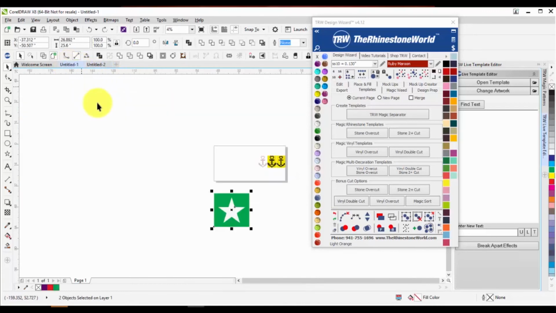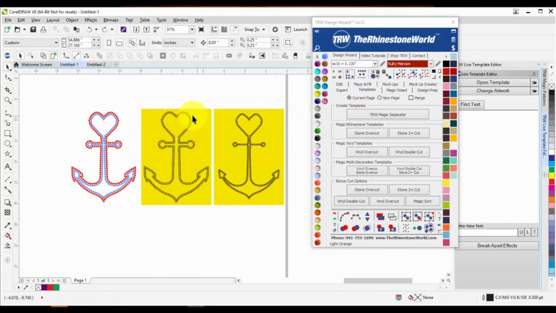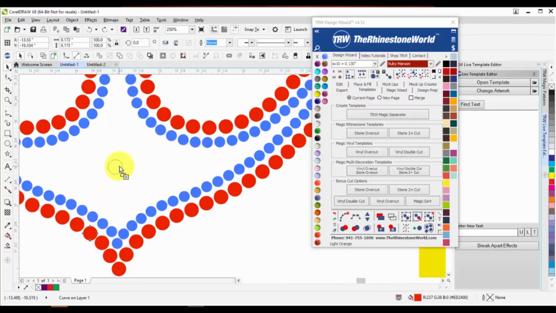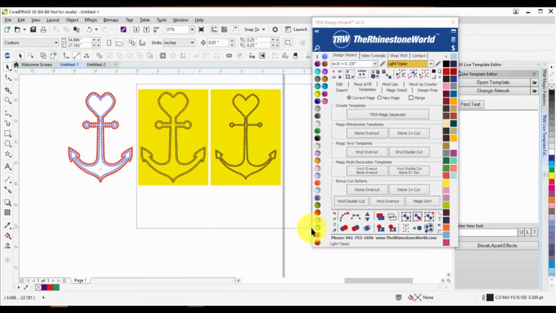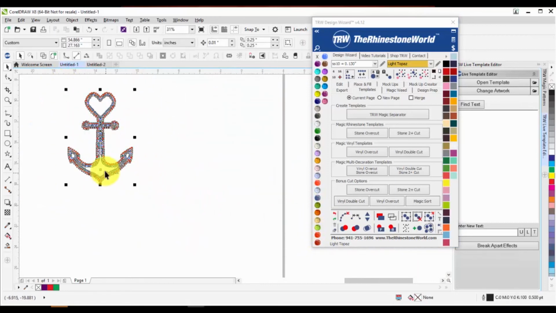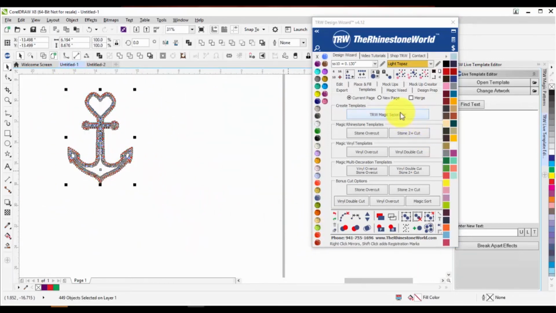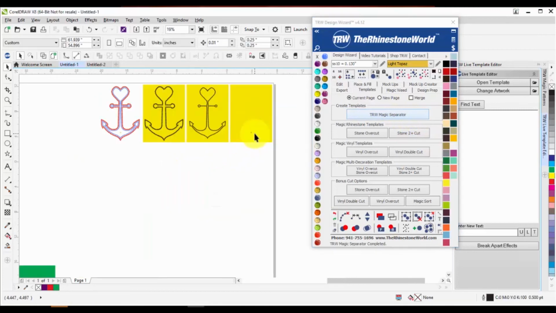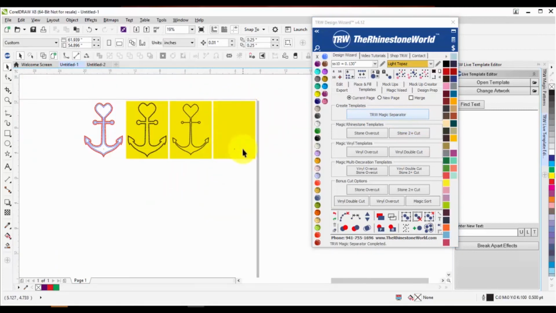So with our rhinestones, no matter what, those boxes are going to be the same size. Even if I add one color or one stone and we'll make it gold, if I just add one extra stone in there, just that one gold piece is going to have its own box, and it's all going to be the same size, because